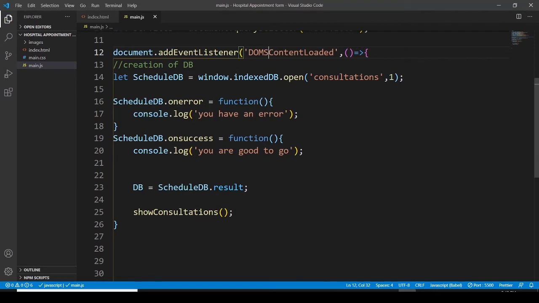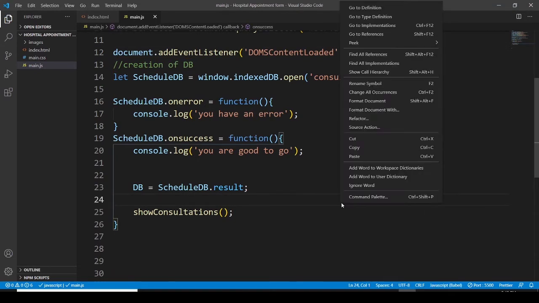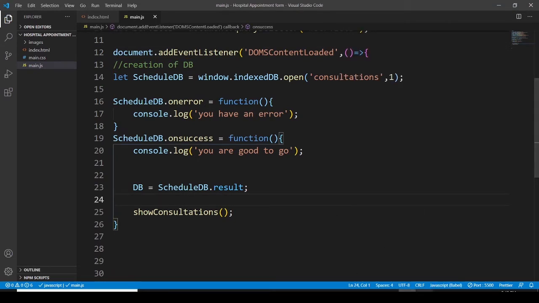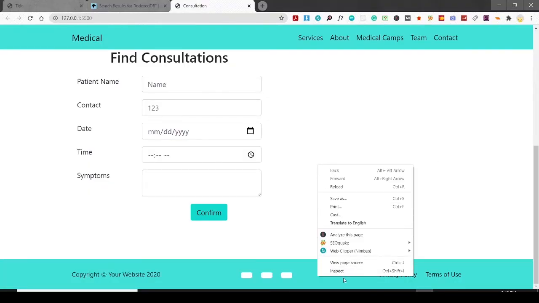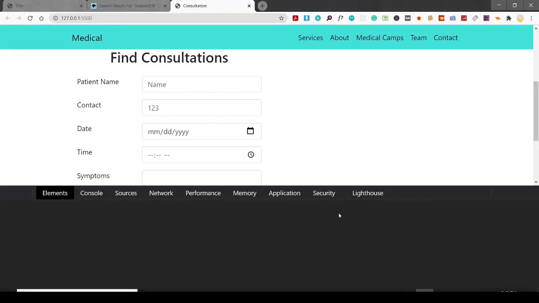Okay, so let's check it in the browser. I have stopped the recording because of the dogs, and again they've started. So before them, let's check